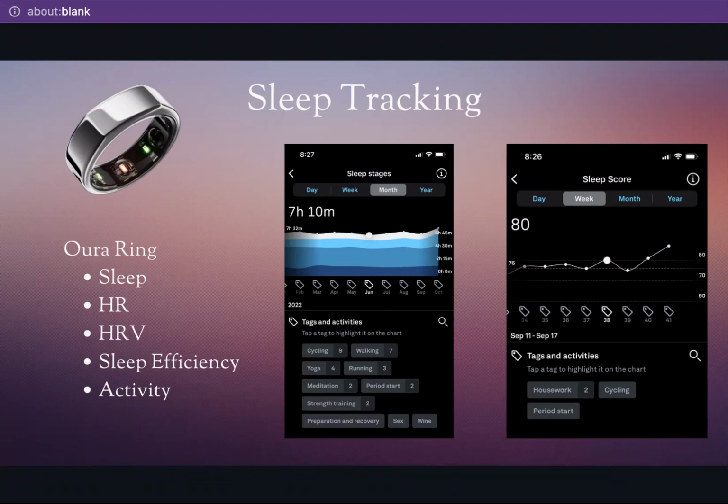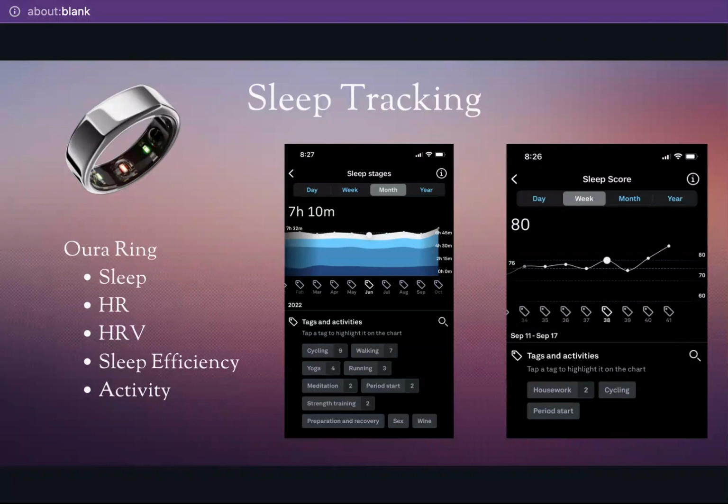And then I talk a lot about sleep tracking. All of those images I showed you guys earlier were of me tracking my sleep. The thing that I use to track my sleep is an Oura ring, which is more accurate than some of the other devices like the Apple Watch. There are definitely other tracking devices, but I just like the Oura ring. It tests not just sleep, but also your heart rate variability and so many other things.